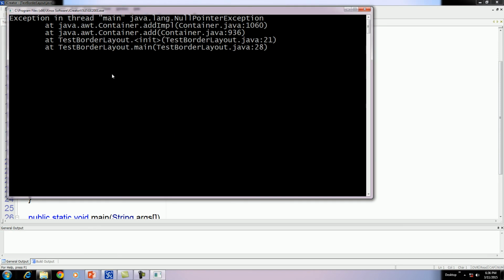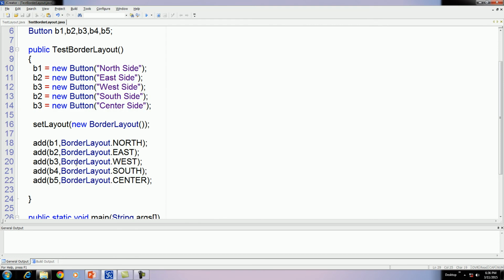Let us see what happened. What is the error? There is some mistake at the 21 line. Oh, there is no before is constructed. That's why. I think B1, B2, B3. Here is the before and B5. It is a drawback of copy paste.